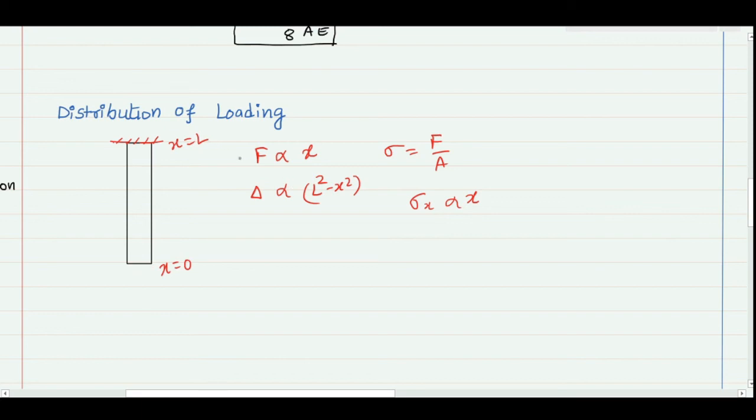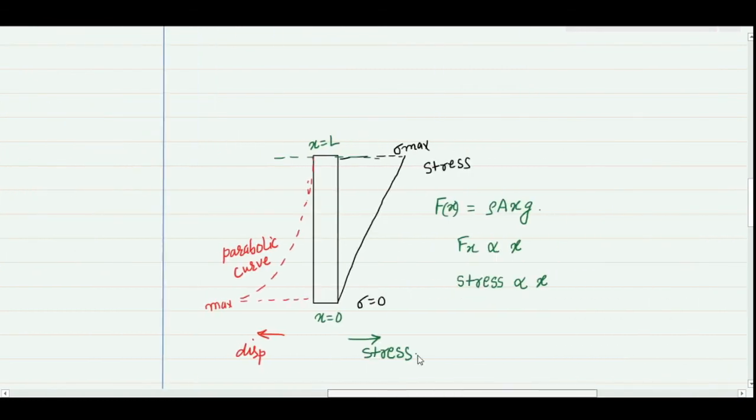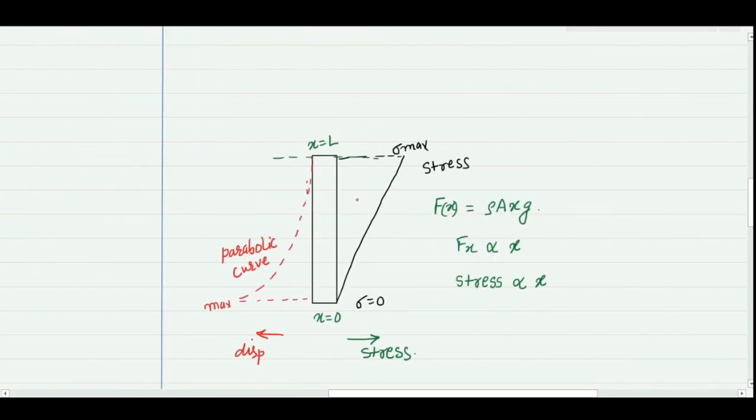So I know that the stress will be maximum at the root and 0 at the tip. On the other hand, the deformation will be maximum here and 0 at the root. So if I see the two variations here, this is the variation of stress, which is a linear curve, and 0 here and maximum here. These sorts of problems are really important for the GATE examination. It will hardly take 10 seconds to tick the answer and you will get absolute marks. So this is the variation of stress and this is the variation of the displacement or the extension of the bar. This would be a parabolic curve and this would be a linear curve.